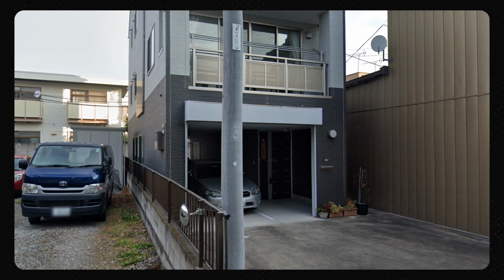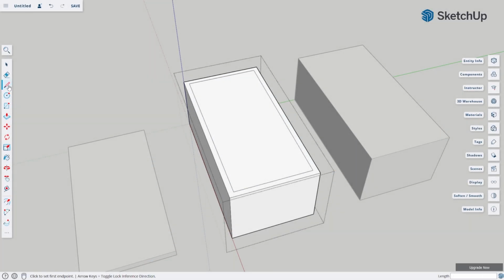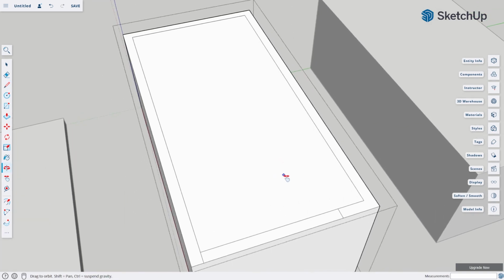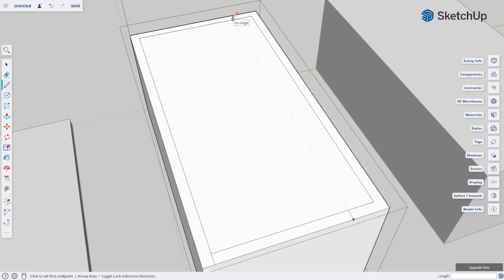So looking again at our reference, we can see that there is only a little bit of wall at the front since there is a big space for the entrance. So using the line tool, I will draw a line here and I will straighten this line out because I think this is a straight wall. And since I cannot see the back of the house, I'll just make this similar to the front. So I'll also draw a line here and here as well. It may not seem clear what I'm doing right now, but it will all make sense in a bit.